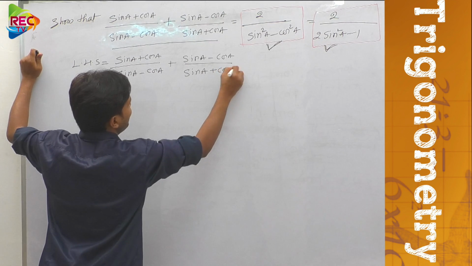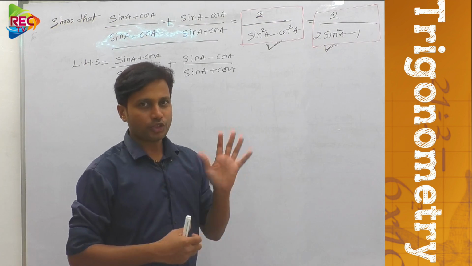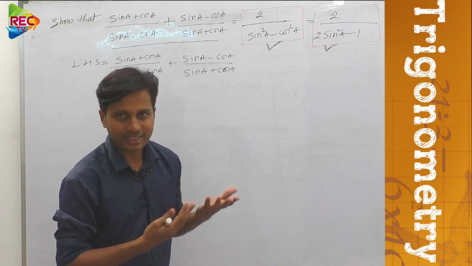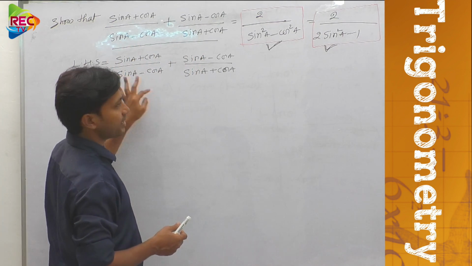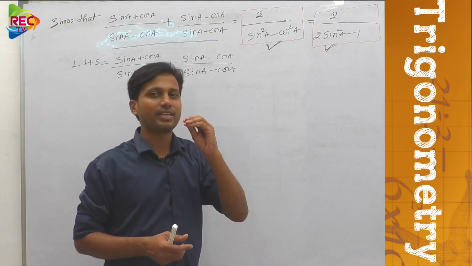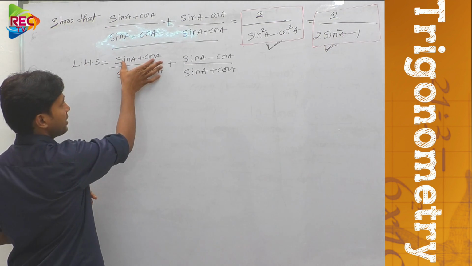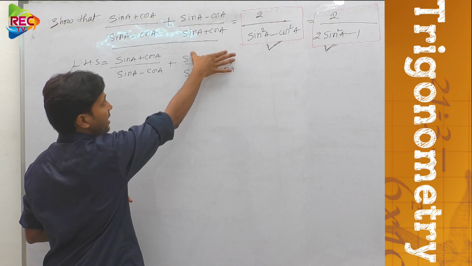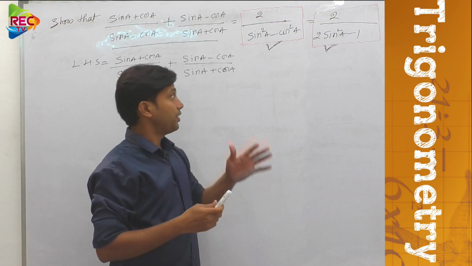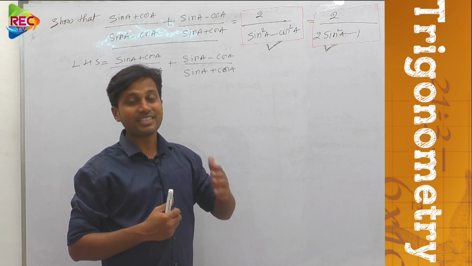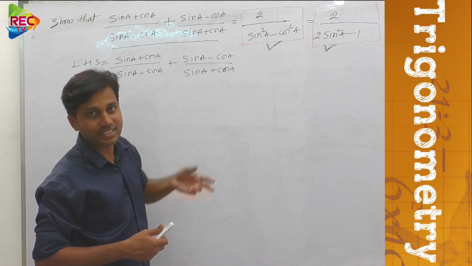See here, I am telling you guys, don't panic after seeing this lengthy problem. It looks very lengthy, but it's a dummy model. Why? Because there is nothing in that. You can observe that almost all the terms in the numerators and denominators of both fractions are only in sin and cos. But if you observe, here sin A plus cos A is given and here the same term is given, and here sin A minus cos A is given, here the same term is given. It's an advantage for you when things are given that way, like A by B, and this is B by A.